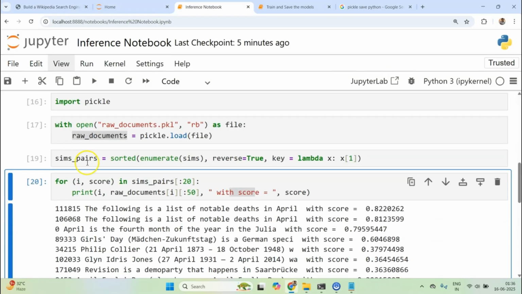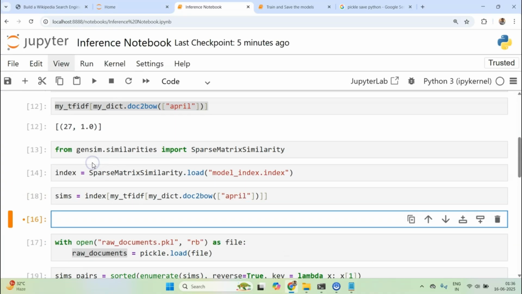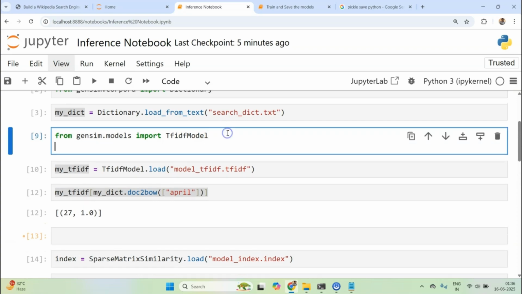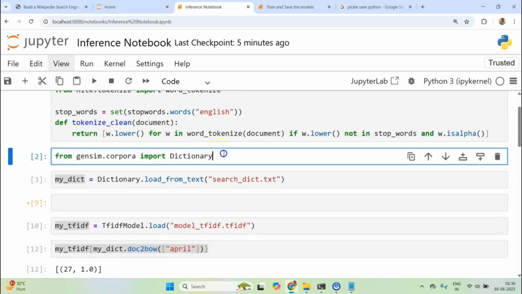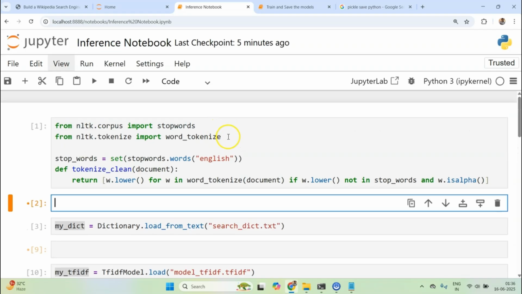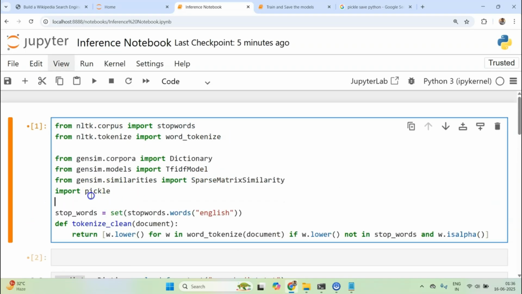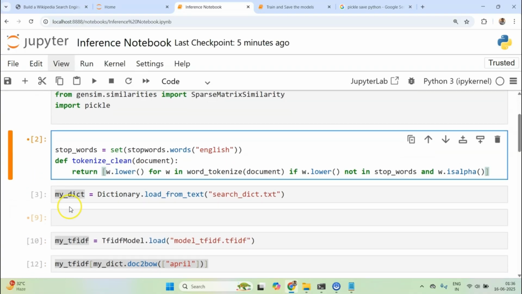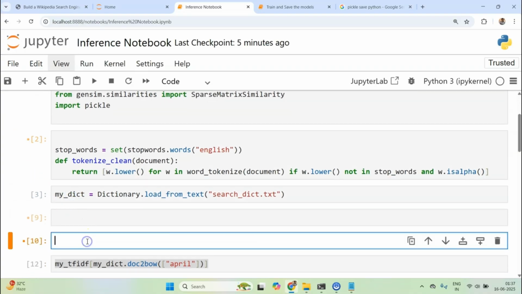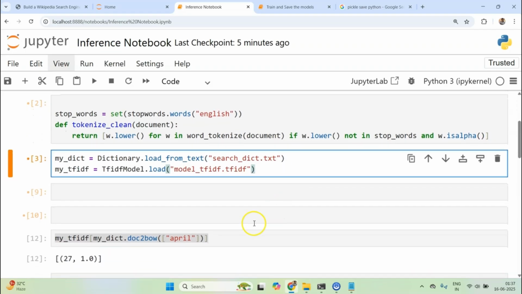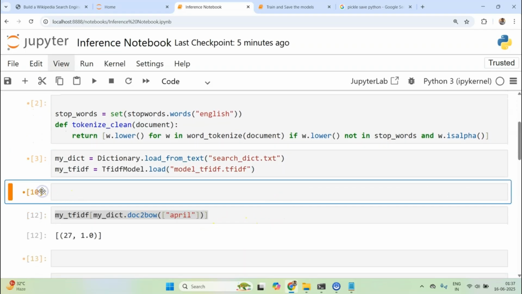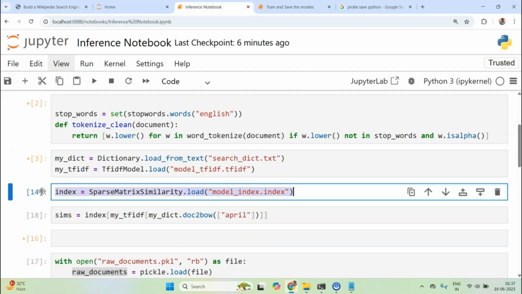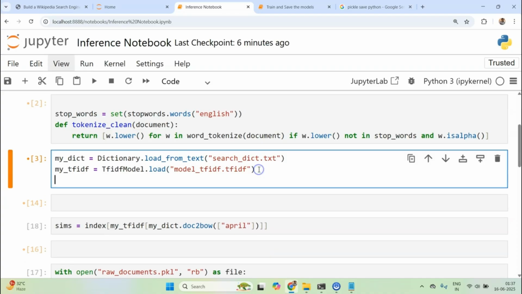To write the query function, first of all, let me take all the imports away from this and put them together. Let's take these and remove them here. Now we have my dictionary. Let's cut it out. Let's also remove these tests that we were doing, and remove this as well.